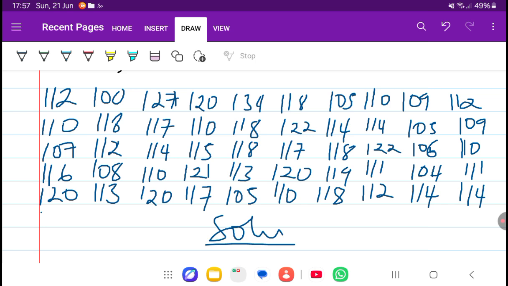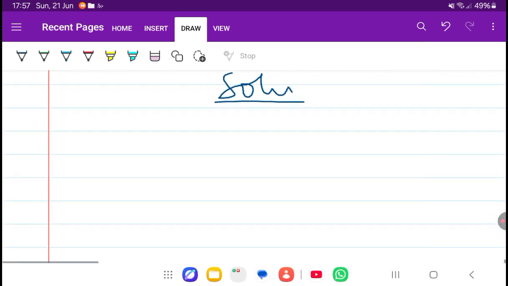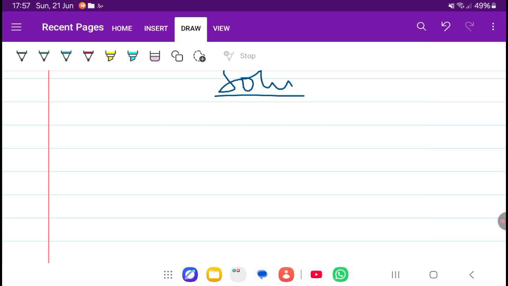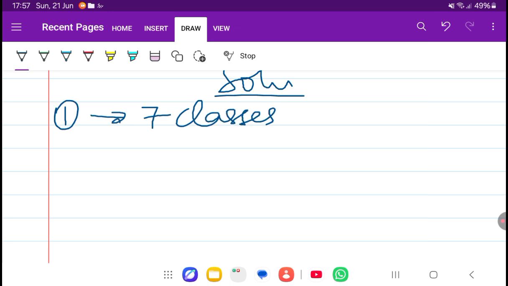Remember, we said the first step is to determine the classes, but they already determined for us the classes. They want us to do that work in what we call 7 classes. So if they want 7 classes, step 1 will be done for us. Step 1 is 7 classes. Then our step 2